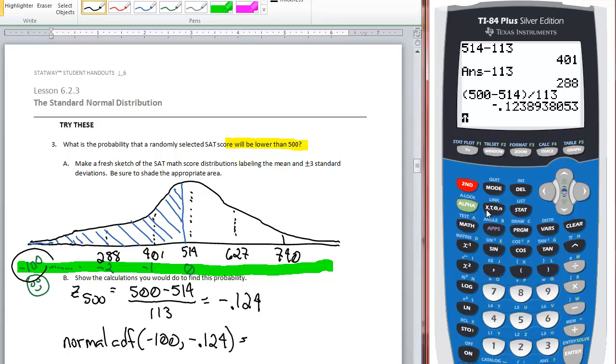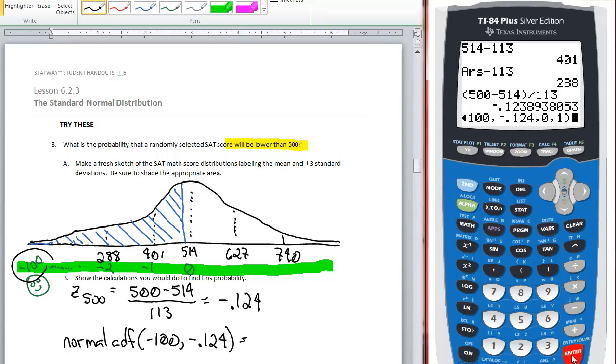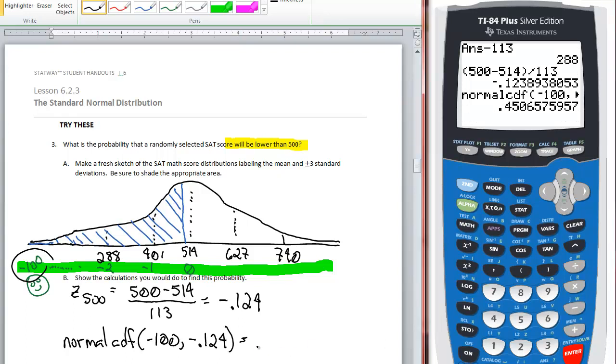So again, we have second, vars, 2, I'm going to go negative 100, I'm going to go negative 0.124, 0, 1. Again, the mu is 0 because I'm using z-scores, and the center is 0, and the standard deviation is 1 for the z-scores. And so I hit enter again, and I get